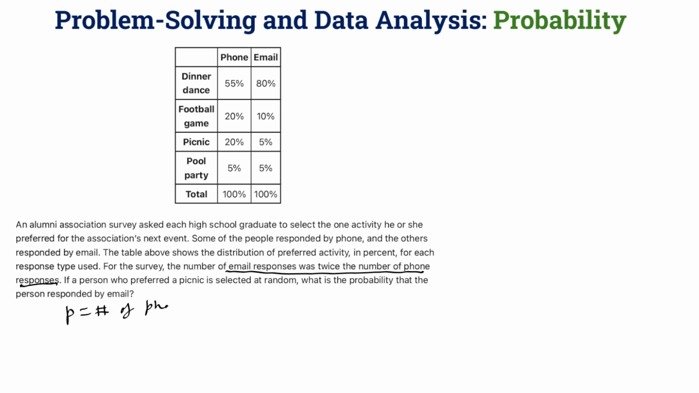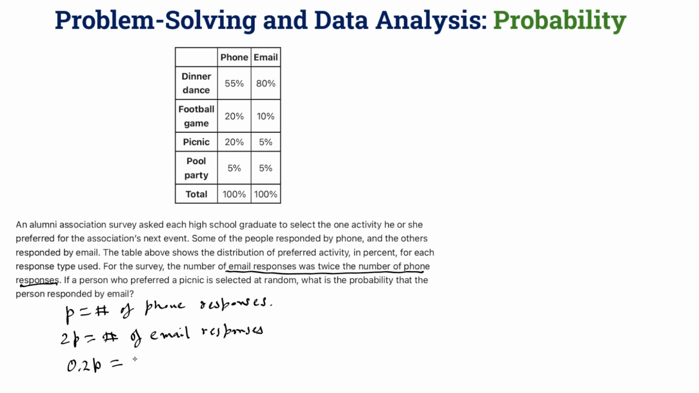of phone responses. And so the number of email responses will be 2p. So 2p will be the number of total email responses. And so the picnic was chosen by 20% from the phone responses. So 20% of p is going to be 0.2p,